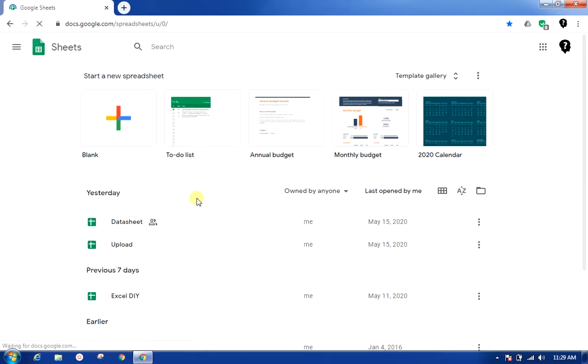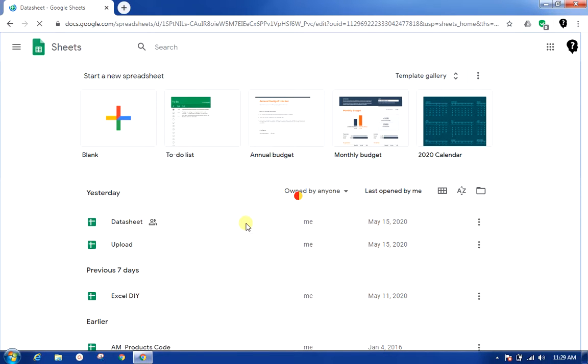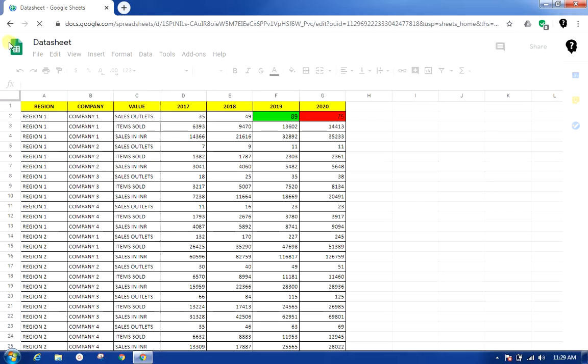So this is a bit about the landing page. For example, you have the sheets, and you can click on these three dots to rename the file, to remove it, to open it in a new tab, and to make it available offline. I'll cover the available offline option in the next sessions. Also, you can click on that file if you have an existing file. You can click on this Sheets icon to go back to your Sheets interface again.